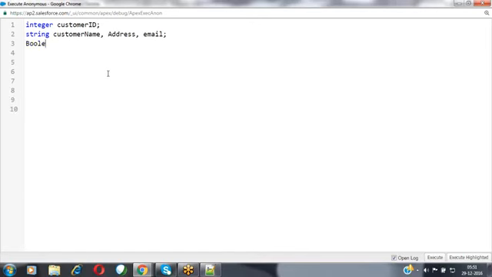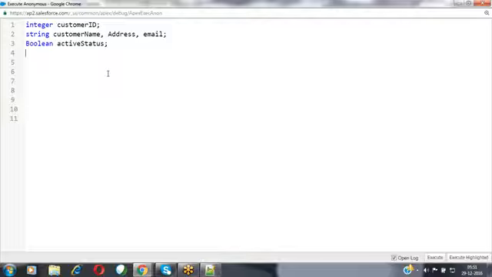And then a Boolean, activeStatus. The active status may be either yes or no, which is nothing but true or false. After that, I would like to store the customer's date of birth.